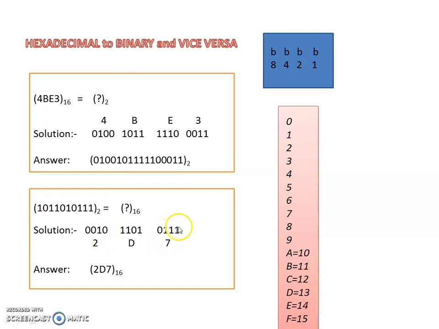Now these 3 bits are on, so on adding it you will get 7. Now D means 13. Then 1 1 0 1: this is off and all the others are 1, so you will add those, 8, 4, 12 and 1, 13. You will get 13, and 13 equals D. You will get D here. Now 1 0 0 1 0. Everything is 0 except this one. This is 1, so this bit will be on, and this will be written as 2. So 2D7. This is the question, this is the answer.